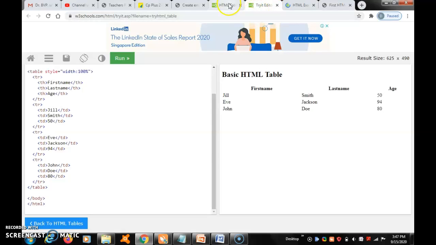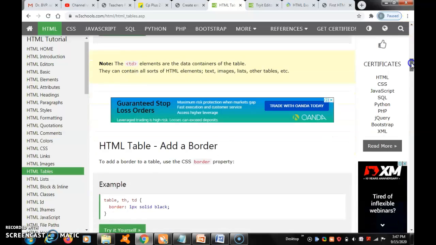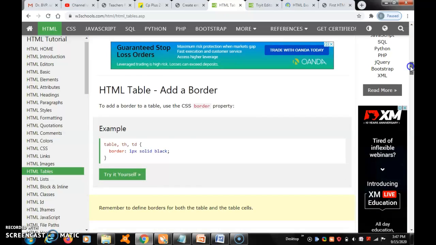Okay, second one. HTML table, add a border. Border means for table header and table data, the border 1px solid black. If you mention like that, you will get a solid black border.